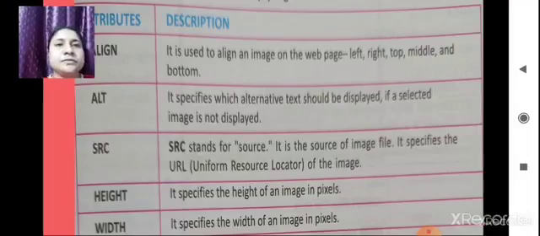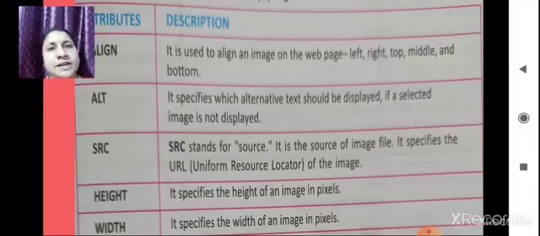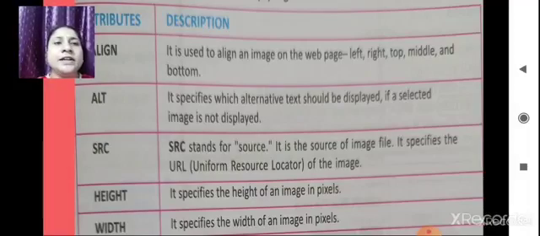So alignment means where you want to put your image: the left side, right side, top, bottom, middle. Then alt is the alternate text that will display if the selected image is not displaying. Source means where your image is stored on the computer; you have to show the source.